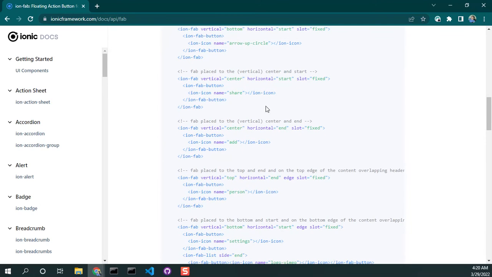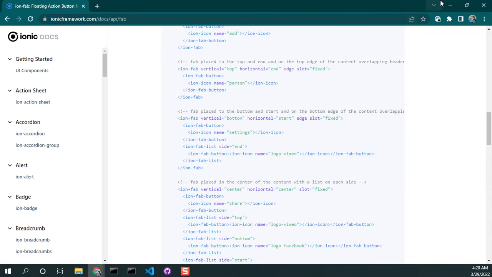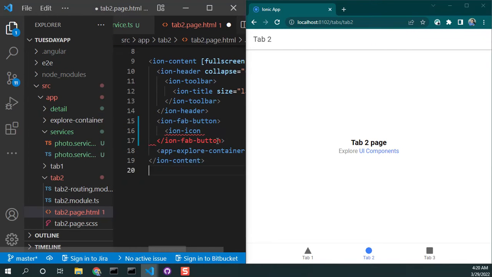Anyway, so we're going to do that, but we're going to give it the icon camera because this is going to be our camera button. So Ion icon,